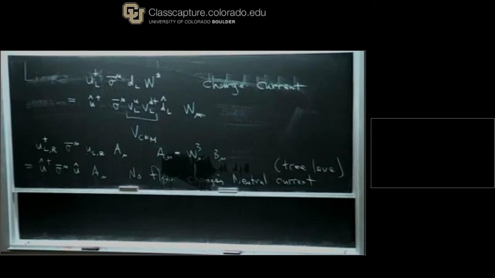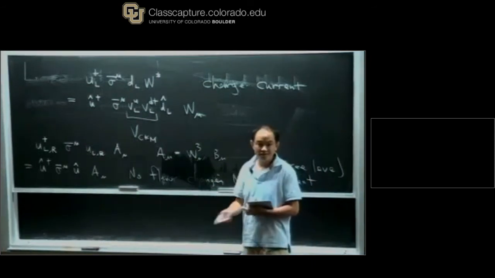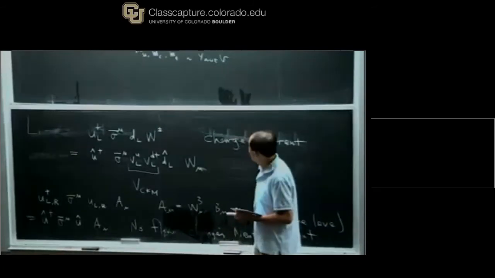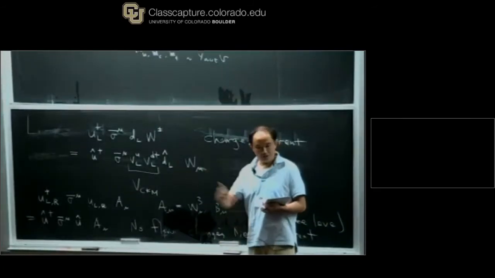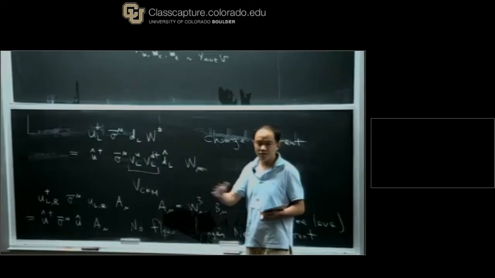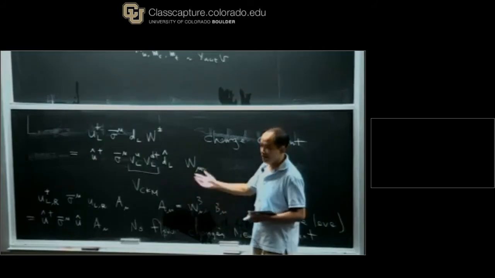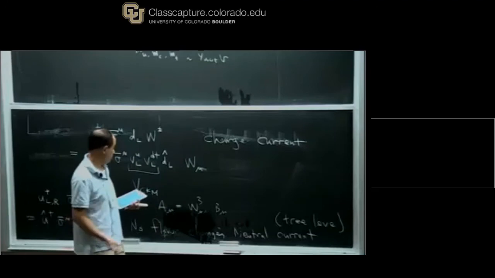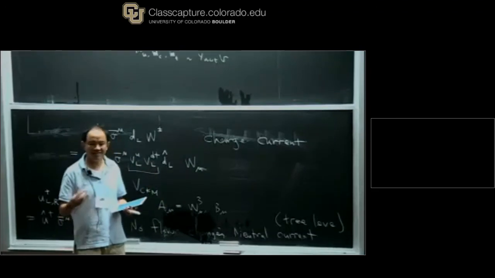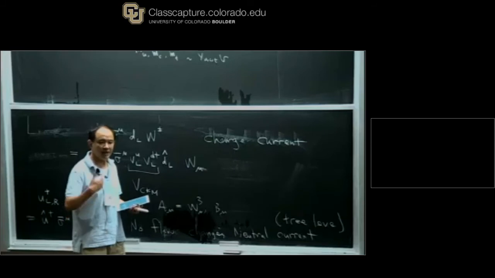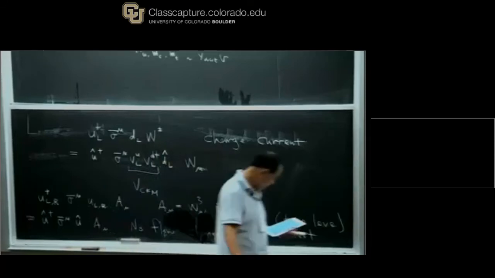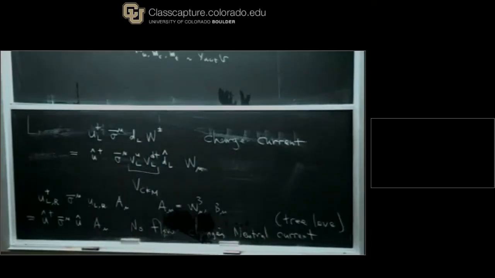Any questions with the flavor mixings? This picture has been tested a lot. Okay, it works very well. Of course, the way to do this is to observe various things that can change flavor, flavor changing effects, and because those effects are small, you make a lot of them. And because these are quarks, you don't really see quarks. At low energy, you see mesons, but the mesons also carry the flavor of quarks. So you see the flavor changing effect from the mesons, and these have been tested very well.